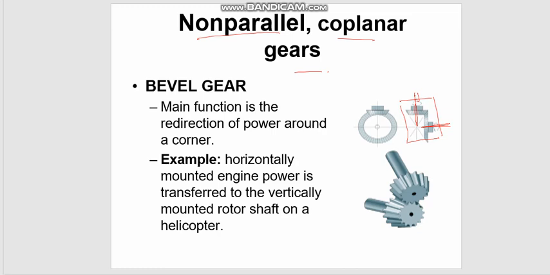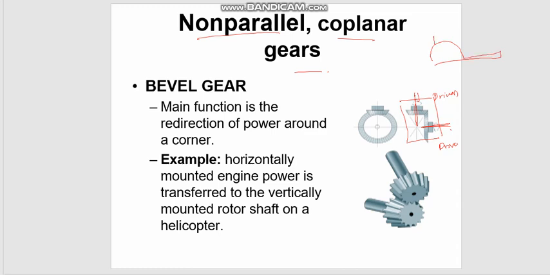So if it is a driver and this is driven, then you can see that the power is being transferred at a 90-degree angle, right? Example of the application of such a gear system: horizontally mounted engine power is transferred to a vertical mounted rotor shaft on a helicopter. So in a helicopter, for example, they say this is a helicopter, it doesn't look like a helicopter,